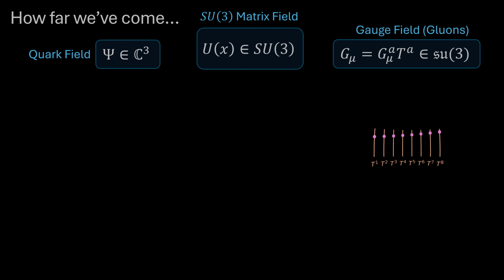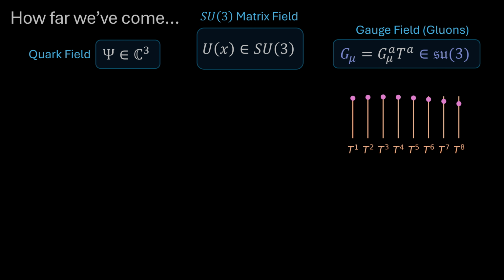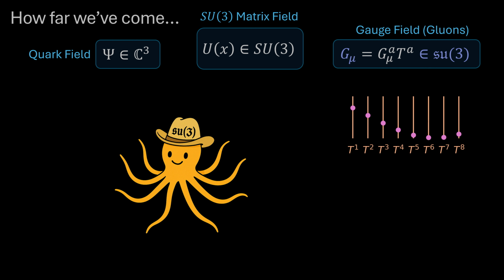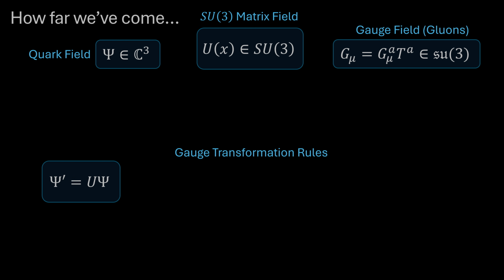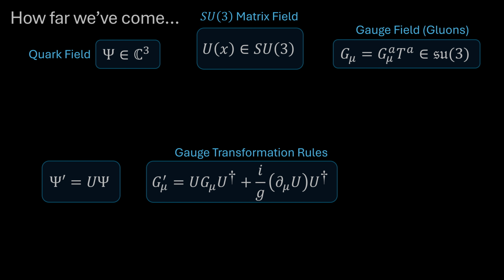That gauge field is going to necessarily live in the Lie algebra of SU(3). When we thought about SU(3), we encountered our friendly octopus, and that taught us that we can always trade an SU(3) matrix for 8 real numbers. And so therefore, if the space-time components of our gauge field live in SU(3), we know that we can think about that in terms of 8 real-valued 4-vector gauge fields, the gluon fields. And then meditating on the color triplet field psi and the gauge field G_μ, we realized, okay, cool, we can put together a Lagrangian which has local SU(3) symmetry, because as we transform psi, the gauge field is going to transform itself in the appropriate way in order to clean up that mess.